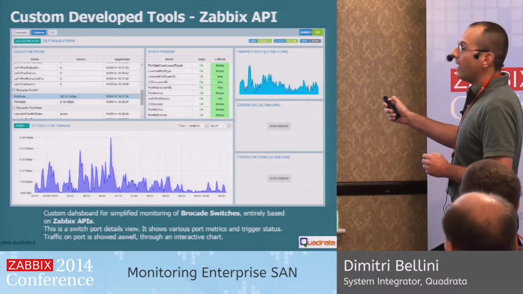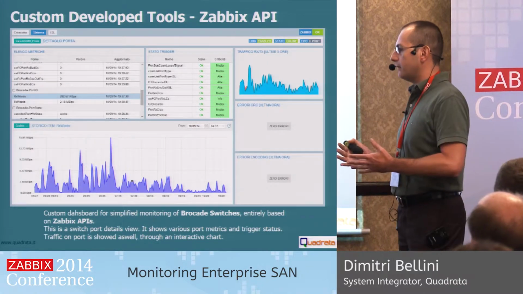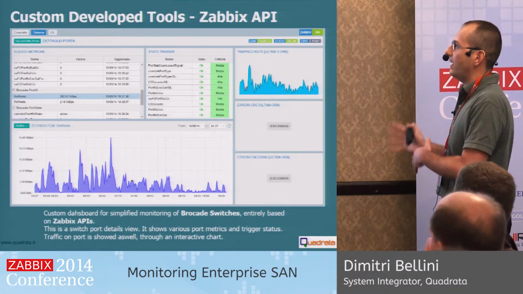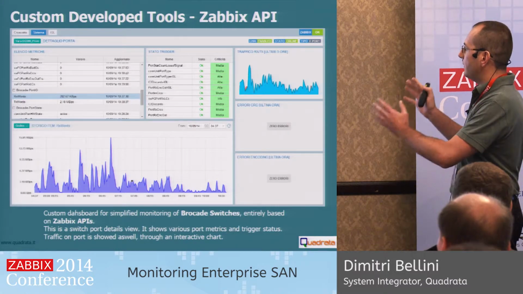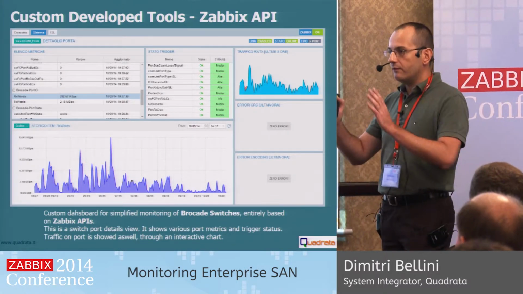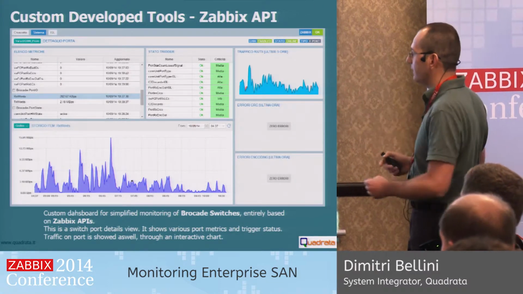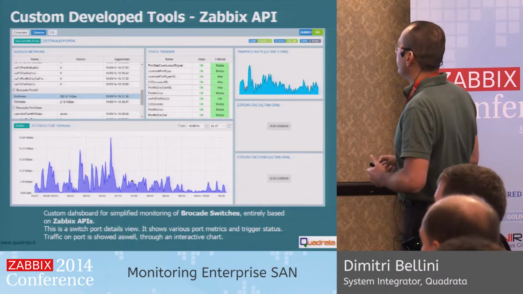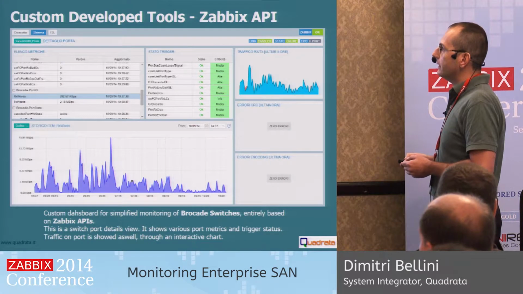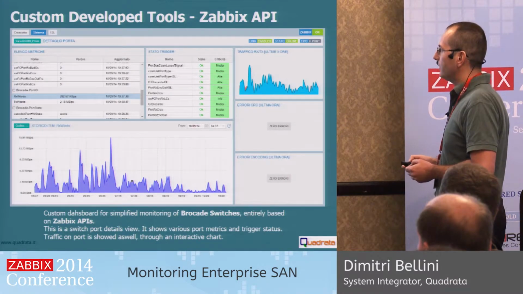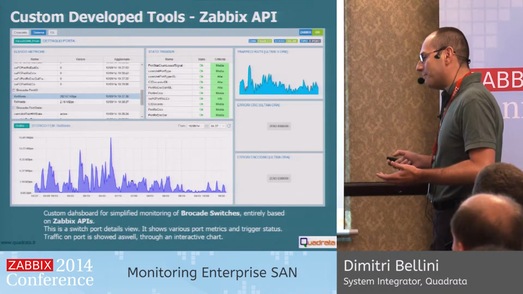So the Zabbix API is fantastic for personal customization and to sell Zabbix to big companies. They prefer to have a single point to show and focus on problems of this kind of equipment, for example. And I think Zabbix has to work on an improved API, and they are working on it, I know. And if it's possible, to create a much more fancy